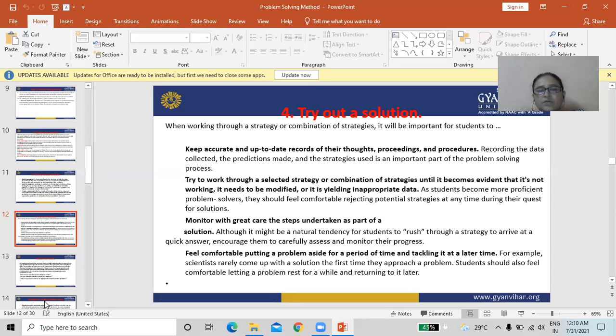For example, scientists rarely come up with a solution the first time they approach a problem. The student should also feel comfortable letting a problem rest for a while and returning to it later.